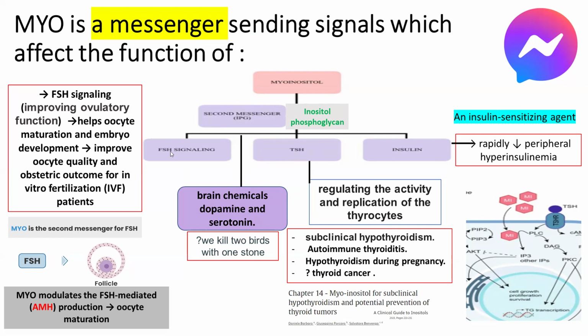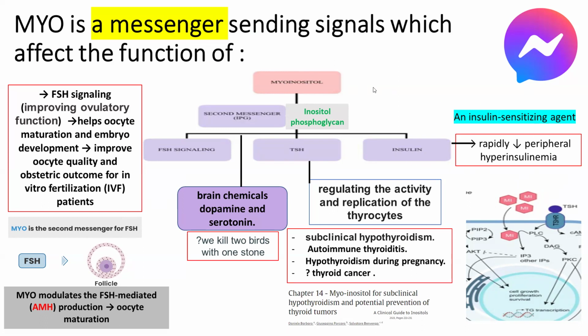FSH signaling means it is a second messenger of the FSH hormone. And this will lead to improving ovulatory functions, helping oocyte maturation and embryo development, improving oocyte quality, and obstetric outcome from IVF-ICSI. So these are the functions of the myo-inositol and